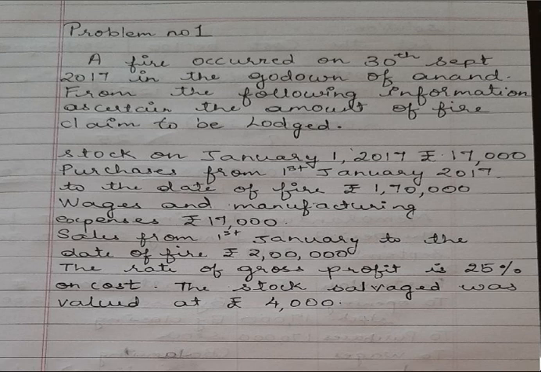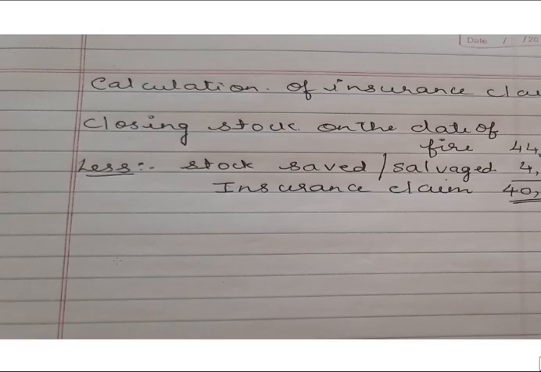Now before that, we have to prepare one small working note, that is to find out what is the gross profit. We know the rate of gross profit, that is 25% on cost. You have to see on what it is 25%, sometimes it will be on cost, on sales, like that. So here 25% on cost. When it is given as a cost, how to compute the amount of gross profit? That is the first thing we have to calculate, that is the working note. So I will go to the solution here.